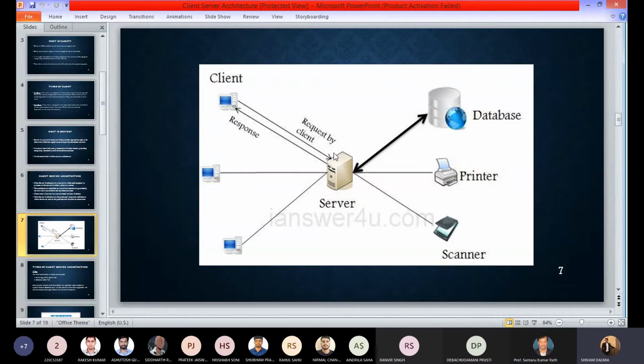Now, the server, with the help of its processing unit, will calculate what services it can provide to this client, and it calculates the function it has to provide with the help of the databases it has. For example, in the Facebook login page, it goes to the database and checks whether the email ID and the password match or not. If it matches, then it provides a service to the client that yes, you can log in. If it does not match, then it responds to the client that the email ID or the password that you have entered is wrong.